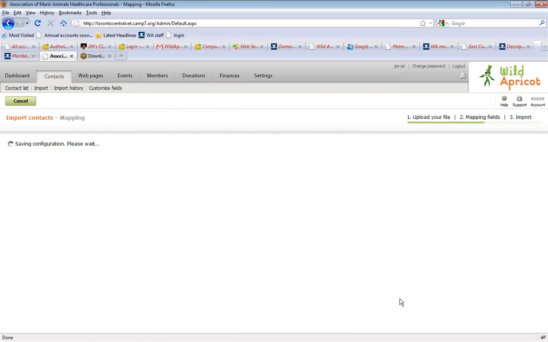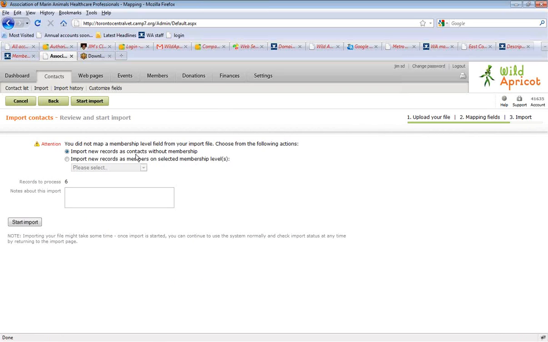So at this point, the system can also create new fields, and you can also create new membership levels during import. Okay, so now as you can see, I didn't specify any membership levels, so the system then says, okay, well, what do you want to do? Do you want to import new records as contacts without membership, or do you want to select new membership levels? But in this case, if I just want to create non-member contacts, I can just say, okay, go ahead